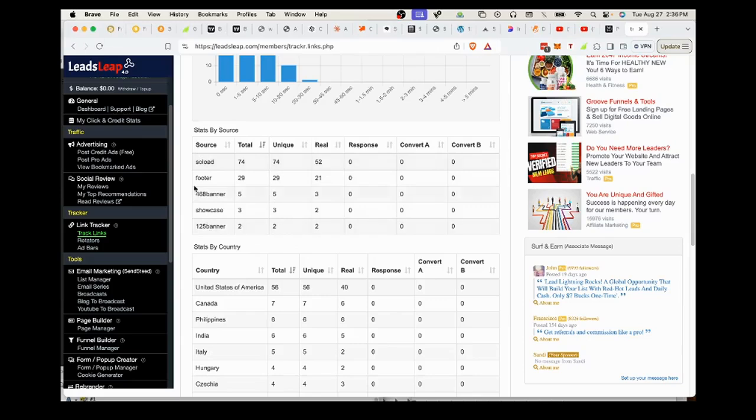Where do you want to put your money? On solo ads or in the 125 banner? So the solo ads brought me in 74 hits, 52 real ones. So maybe someone looks at them twice. The footer's not bad, but the 468 banner, the showcase, which I haven't explained to you yet, and